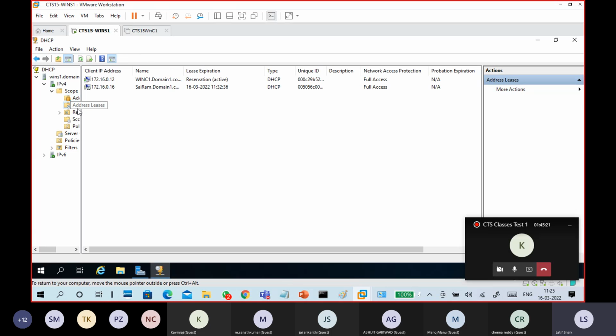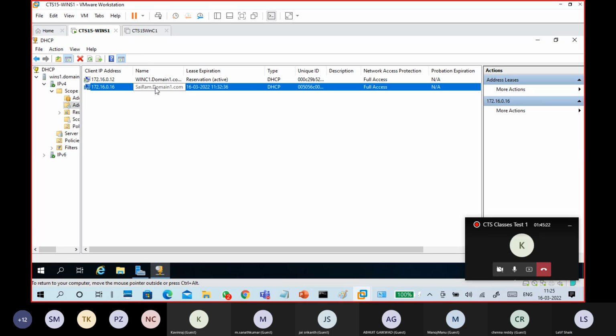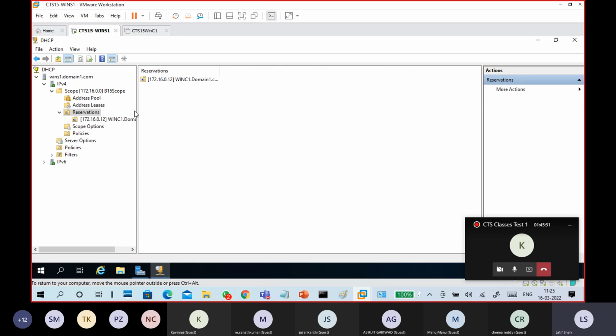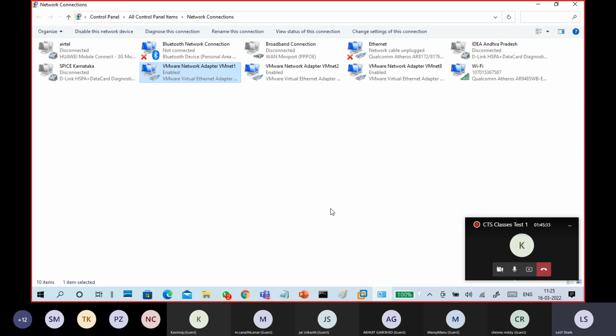So click on address pool, address list. See, it is assigned. This is for my computer, it is assigned. And also you can practice reservation if you want. So what to do? Go to this adapter again,